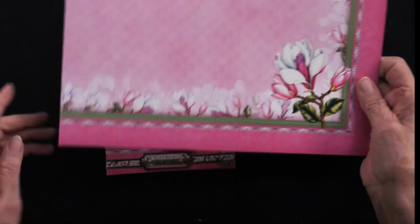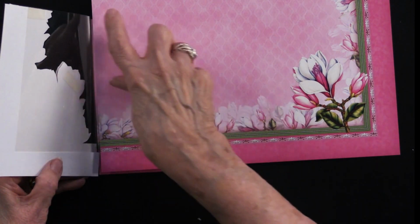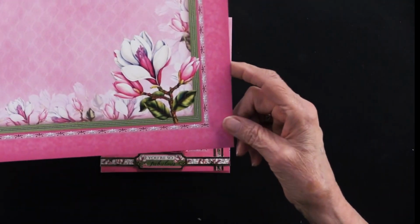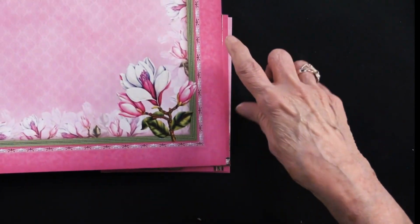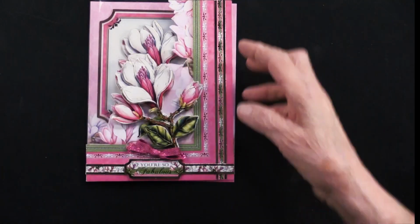And she used this area on the left for her card base. So she simply cut this out to be 5 by 6.5. Then she had this piece left. Now this is going to go on the front of her card. So you could cut this out to be 5 by 6.5 also, and set that aside because of that piece